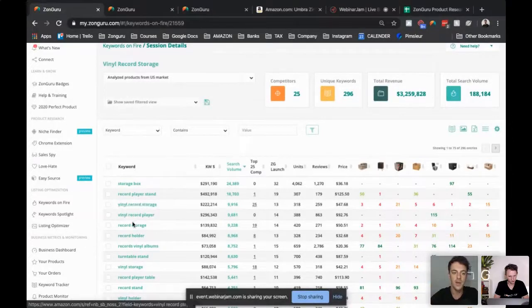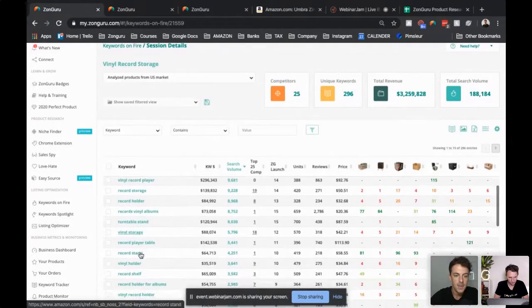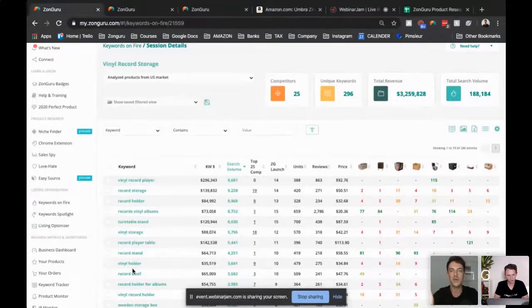As we go down, I can see record storage, same deal, record holder, keep going down. Turntable stand and records, vinyl albums are not exactly the keywords that describe our product. Record stand, vinyl holder, record shelf. These are all short tail keywords that we could target broadly, but we're not going to spend most of our time searching for them. Josh, find what